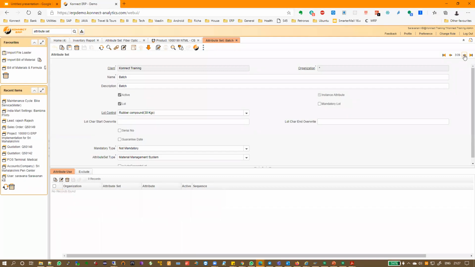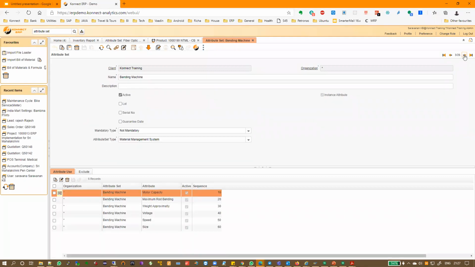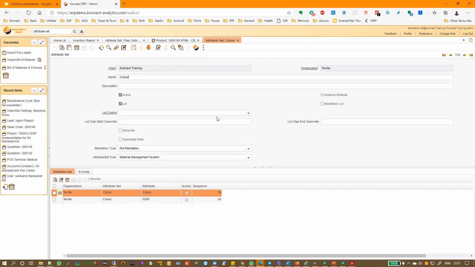You can have any number of attribute sets, but one product can belong to only one attribute set. This one has lot, but no serial number.